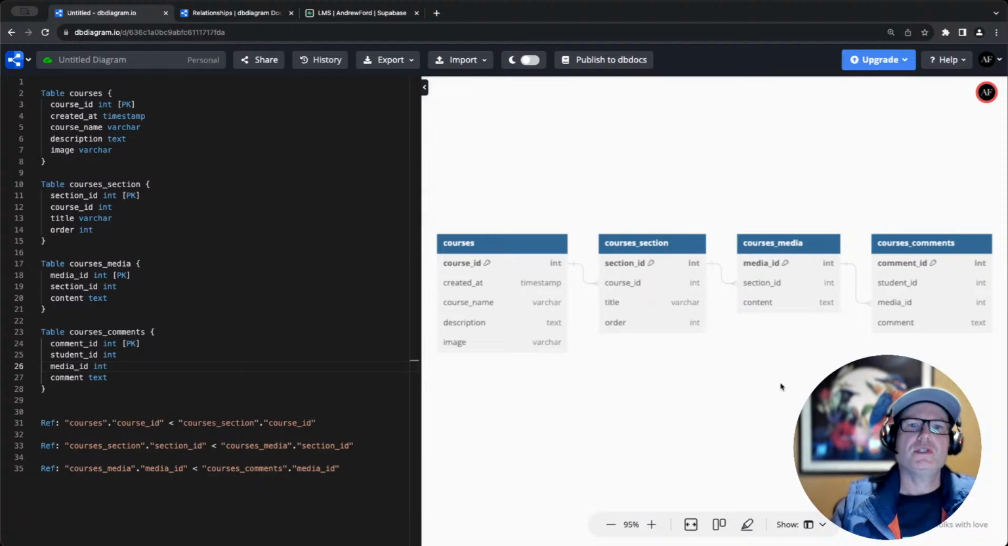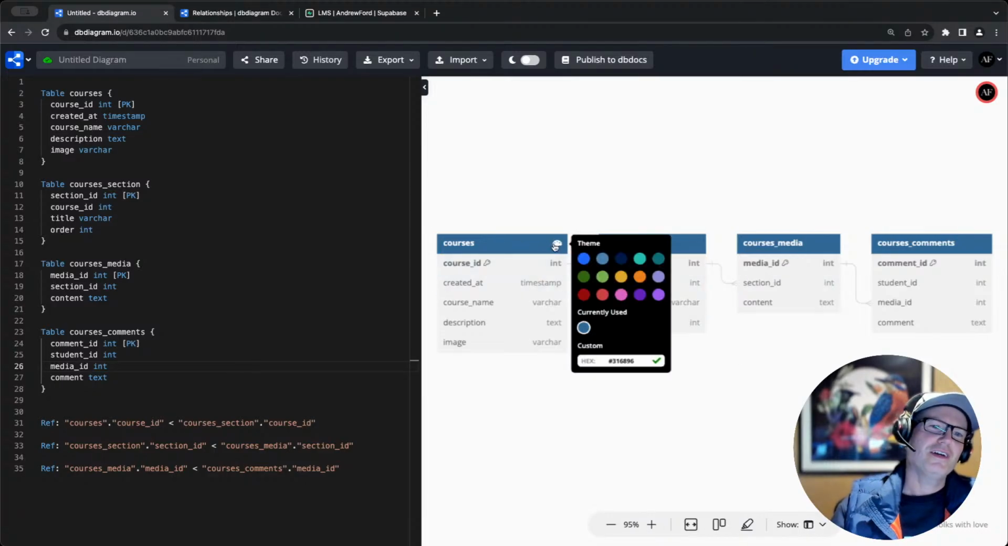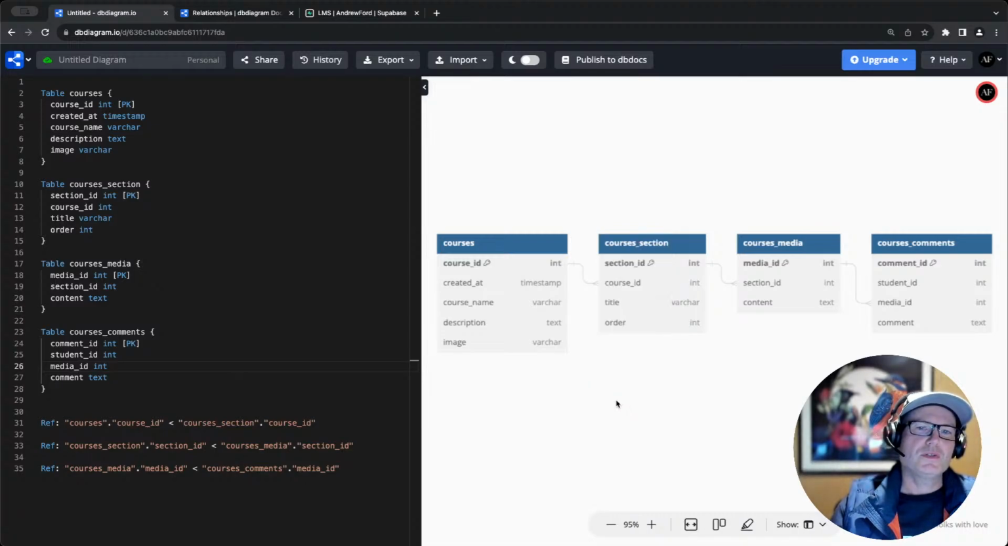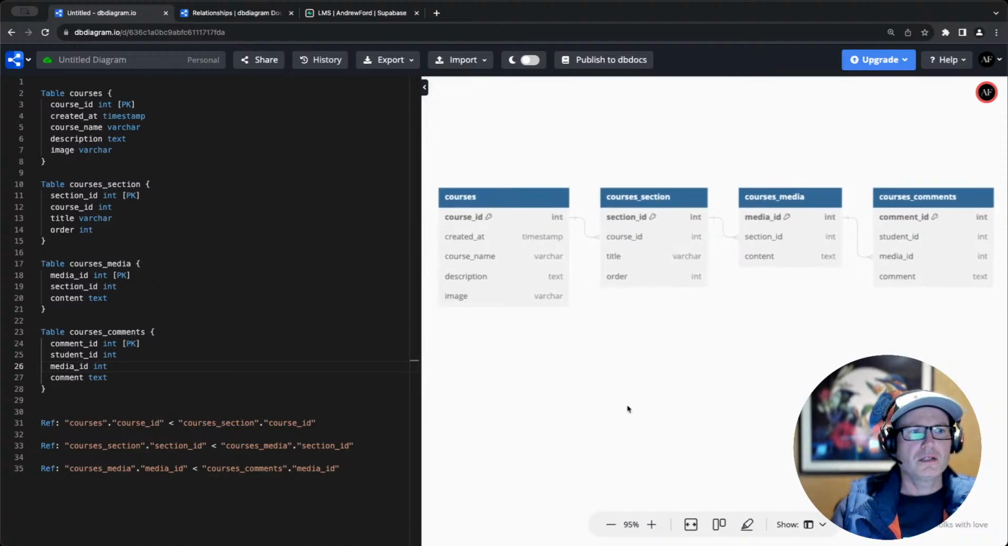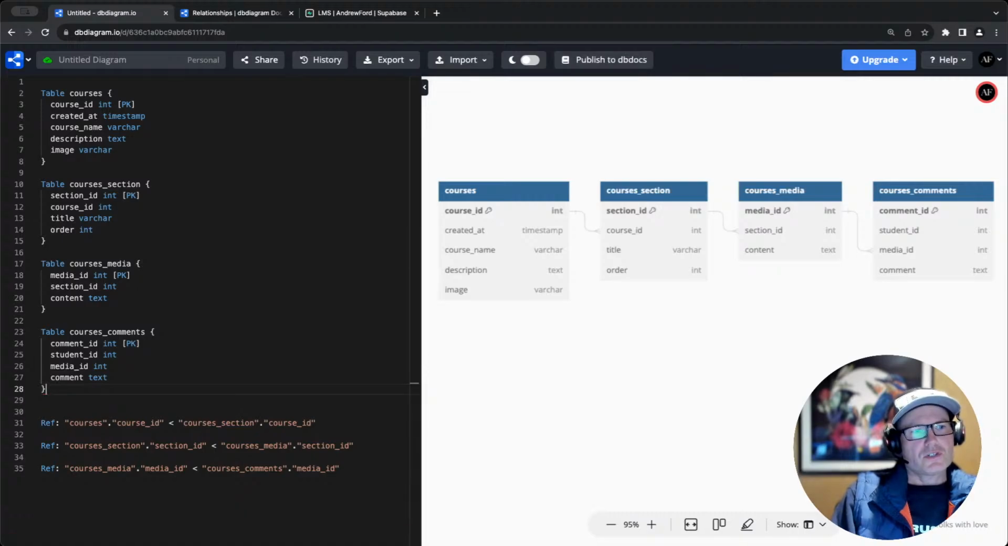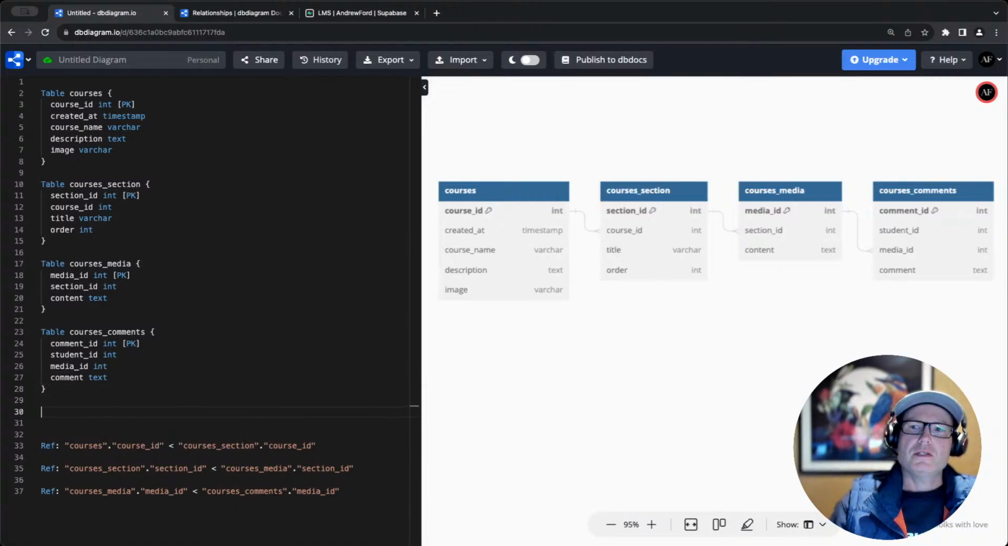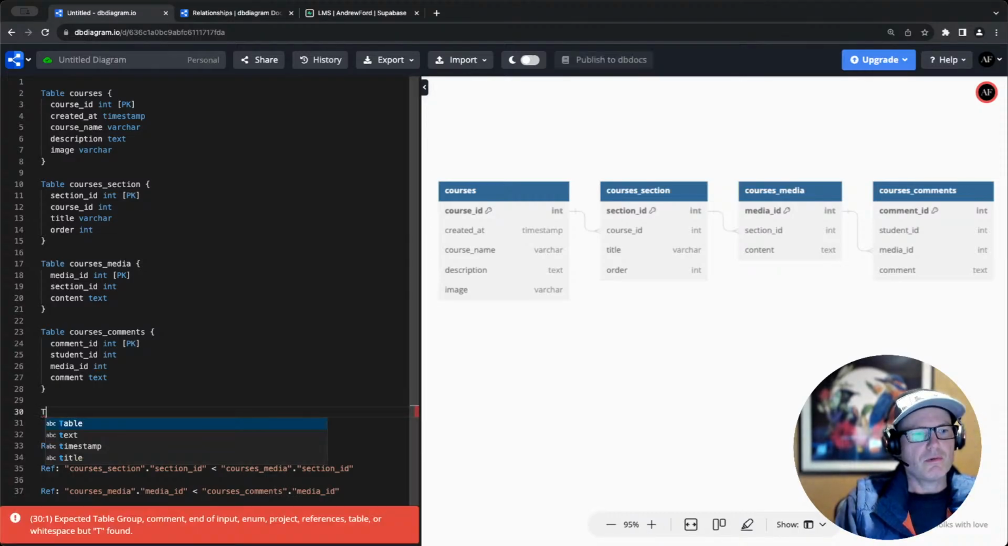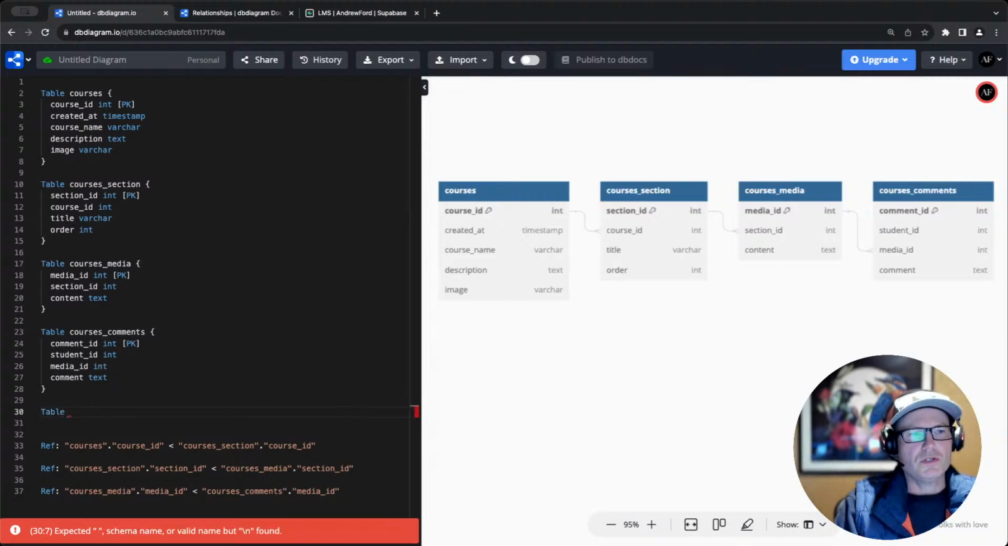Okay, so we've got the courses section, courses media, and the courses comments. You've got a little bit of play here. You can choose which color the theming, I guess, for the diagram is. So we can do the same, where we can have a whole lot of structure of tables here, and to me, one of the key tables that we're going to require is one that's going to have the students' information. Okay, so students' information, again,